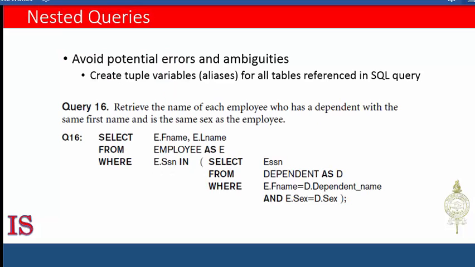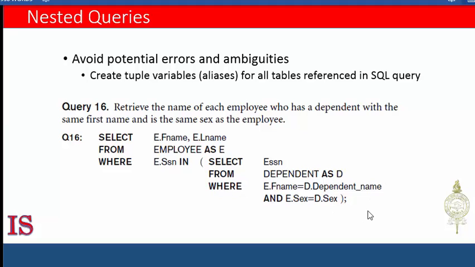To illustrate the potential ambiguity of attribute names in nested queries, consider this one. Retrieve the name of each employee who has a dependent with the same first name and is the same sex as the employee. In this query, we're selecting e.fname and e.lname, so we've qualified those two attributes with an alias for the employee name from employee as e, that's where the alias was defined, where e.ssn is in,